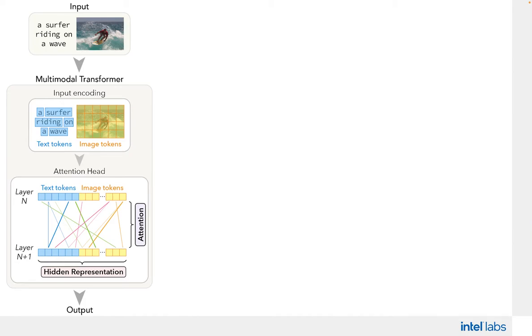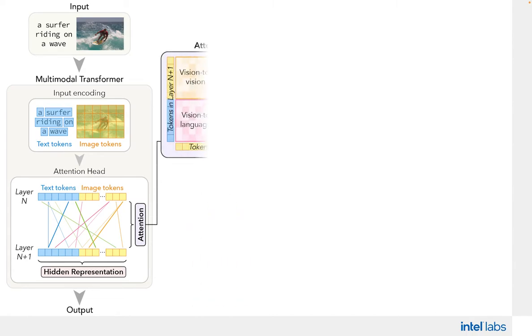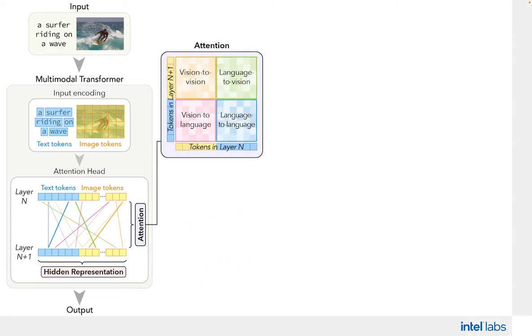As the encoded image and text tokens go through a transformer, we're interested in probing the attention heads, especially attention weights and hidden representations. For the hidden representations of tokens, we visualize the high-dimensional tokens as a 2D t-SNE plot for each layer. This plot shows interesting patterns in the distance and clustering among tokens. Next, as the transformer processes both vision and language modalities, there are four components of attention, namely vision to vision, vision to language, language to language, and language to vision attention. Our tool provides a novel interactive way to visualize these four components.